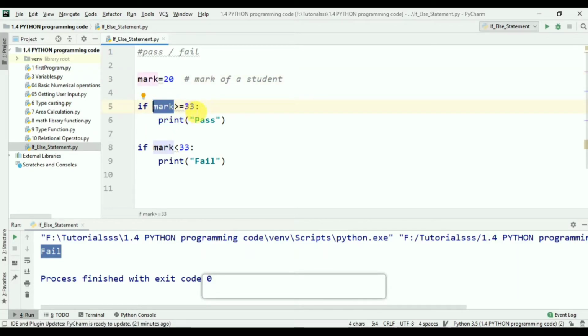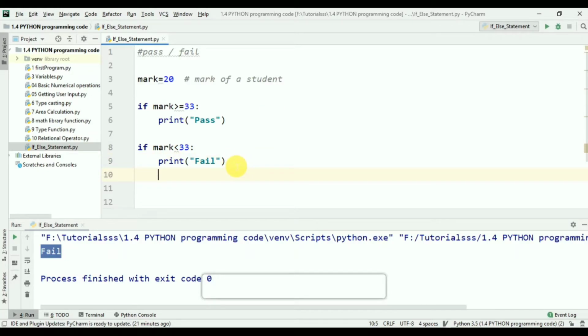Actually what happened there: the 20 comes here and it checks greater than equal 33. That means it is false, then it executes from this if statement and comes here and checks this condition. 20 is less than 33, which is actually true. That's why it will print this statement, that means fail. Here you can see how it works.